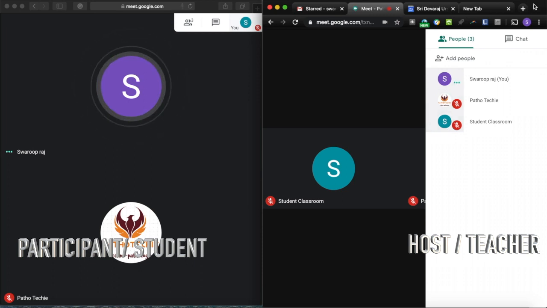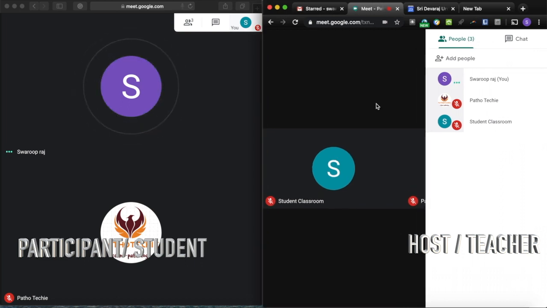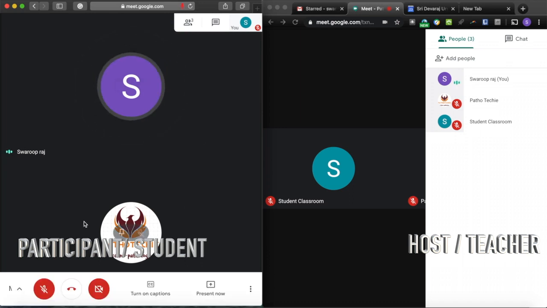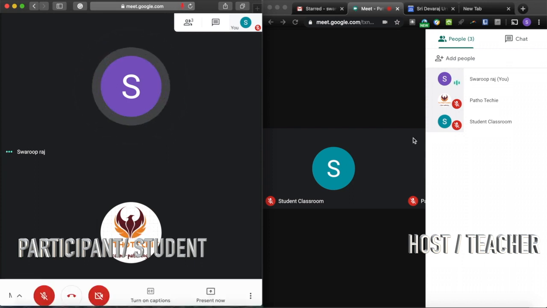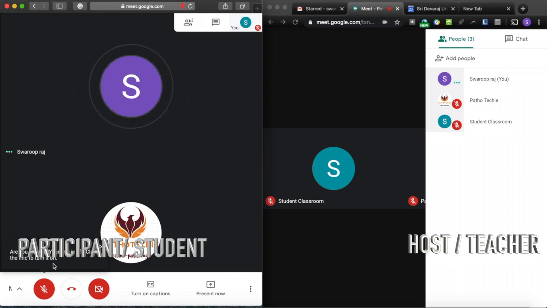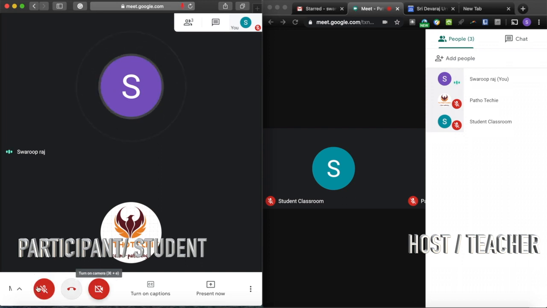But unlike Zoom, in Google Meet, each participant can unmute himself. So if the student chooses to unmute, he can unmute, and even the other student with which ID I have connected through the mobile phone, they can unmute on their own. So it's very important that you first give instructions that everyone has to click on their phone or on the browser. They have to click down, and you can see this turn on microphone and turn on camera. You keep it as off. So if it is off, you will see it being red in color and with this slash mark. So this means it has been turned off.